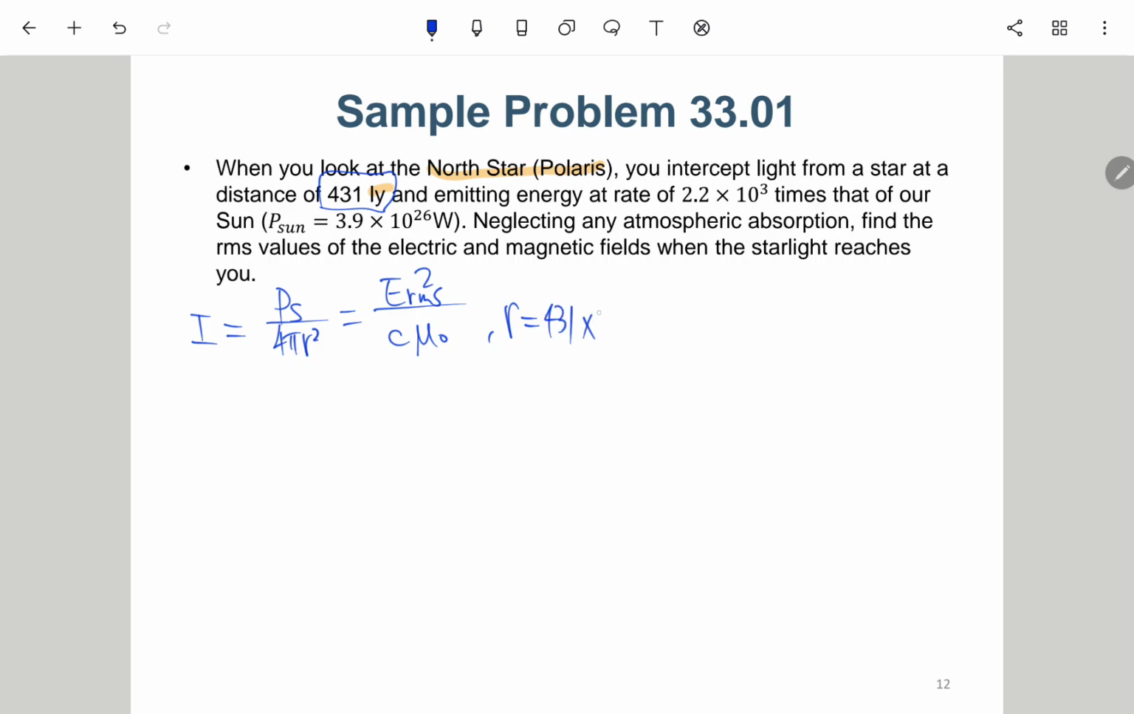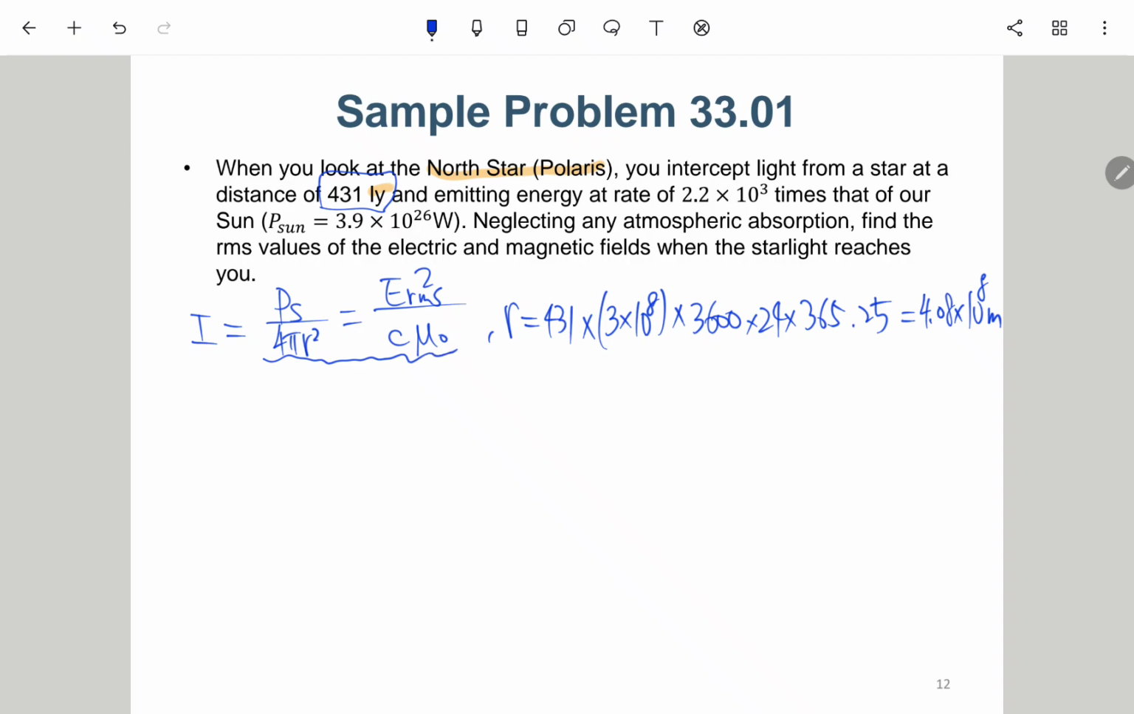4.31 times 3 times 10 to the 8th power, and then times 3,600 seconds per hour, and then times 24 hours per day, and then times 365.25 days per year. Okay, so this one will be 4.08 times 10 to the 18th power meter. Okay, so